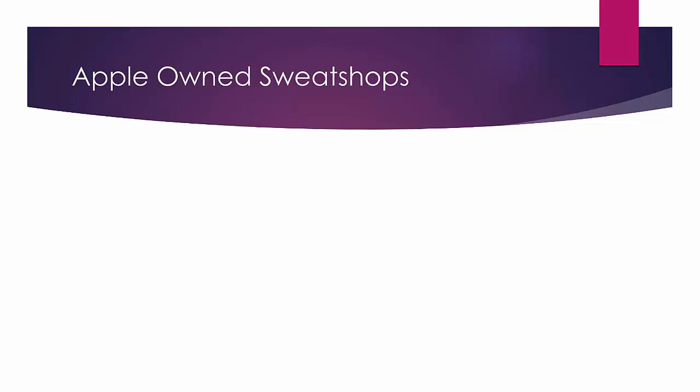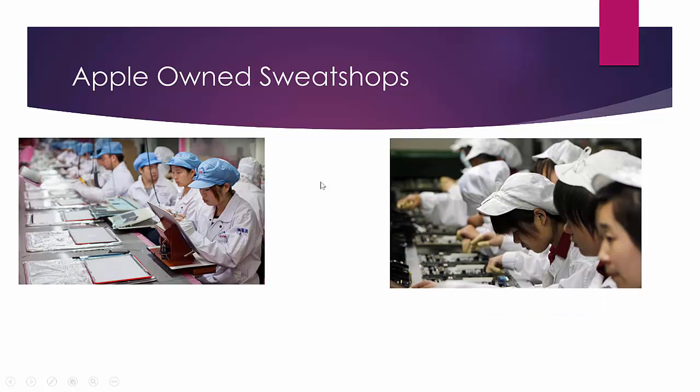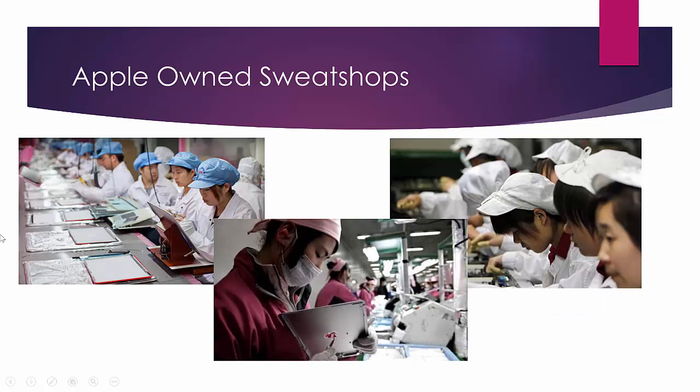However, here is an example of assembly line work where workers in China are making portable products such as the iPad and iTouches and so on. There is a link at the end of the presentation to read more about the situation. But to put it in perspective, these workers are getting paid $1.12 per hour to produce iPhones and iPads for the West.